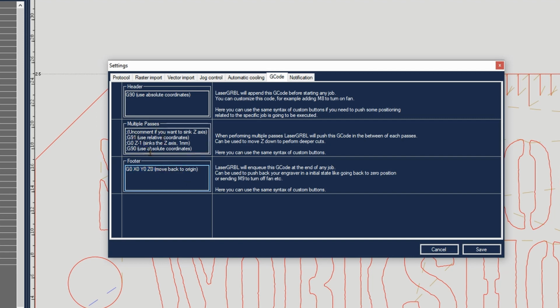And then multiple passes. For example, if your machine has a Z-axis, you might want to lower the Z-axis by a certain amount, and you can do that. In fact, it's written in a comment: uncomment this if you want to sync the Z-axis. So you will need to remove these semicolons here, and then the block of code is going to be